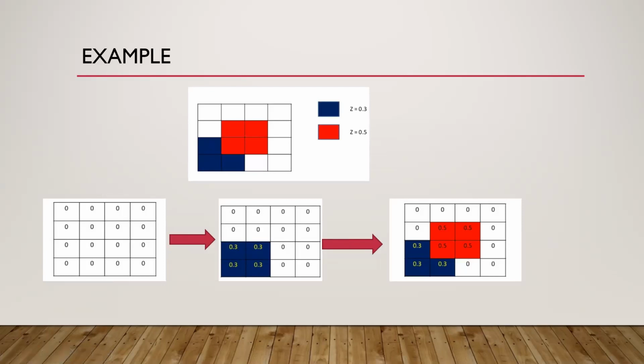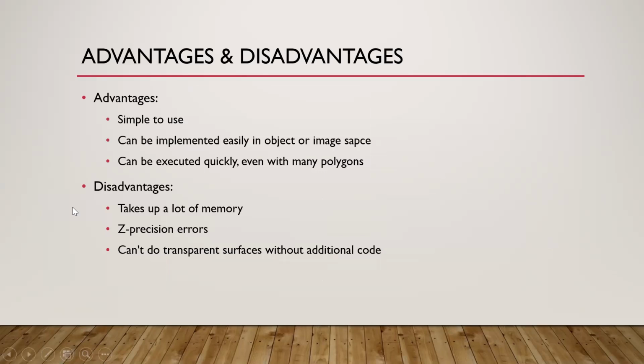As I told you, z buffer is an image space method. Why? Because instead of taking parts of the object, you are taking pixels of the polygon surfaces under consideration, calculating the depth and selecting the pixels based on the depth. The advantages of this particular algorithm are listed right now. It's simple. It can be implemented and executed easily, as you're just checking whether it is greater than the current z buffer value.